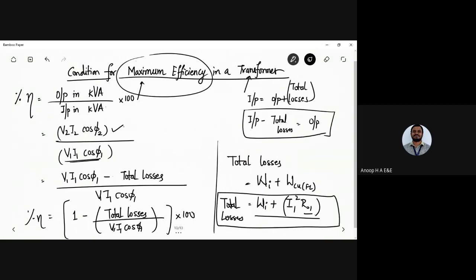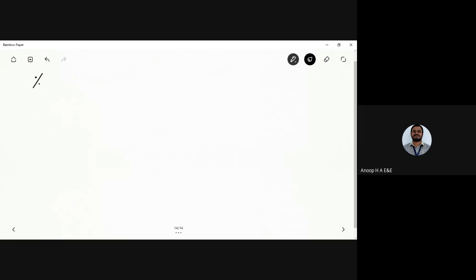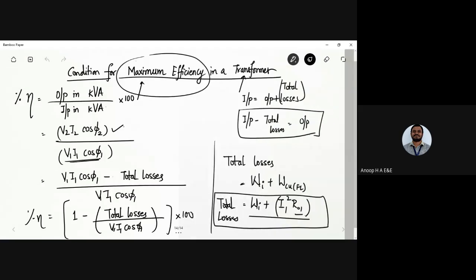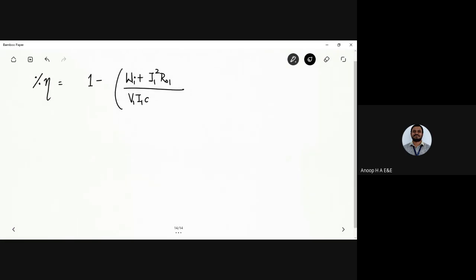So total losses would be equal to Wi plus I1 squared RO1. So I can replace it here. With respect to percentage efficiency eta, that is written as 1 minus total losses, Wi plus I1 squared RO1, divided by the terms which are there, that is V1 I1 cos phi 1, into 100. Now what I need to do, I need to differentiate